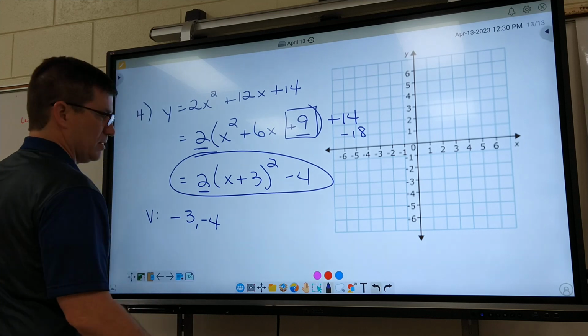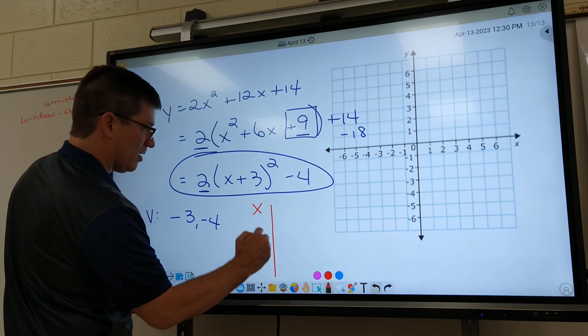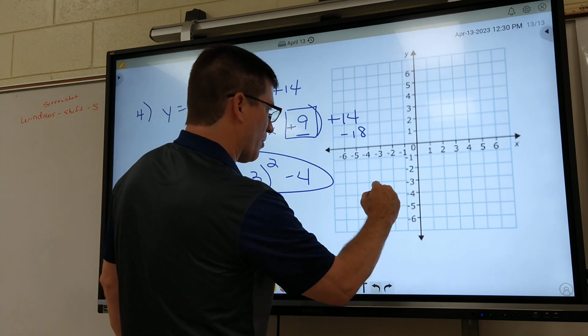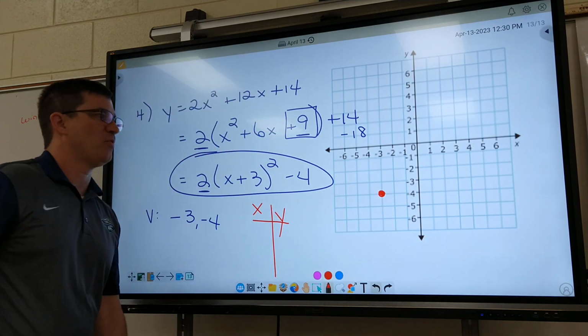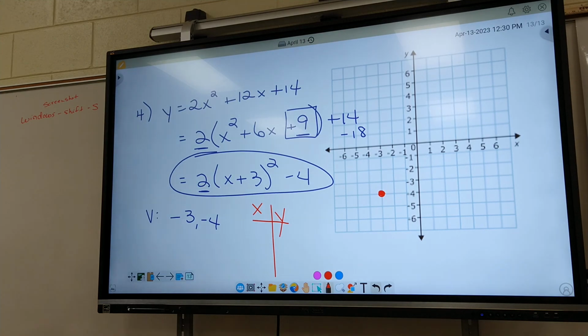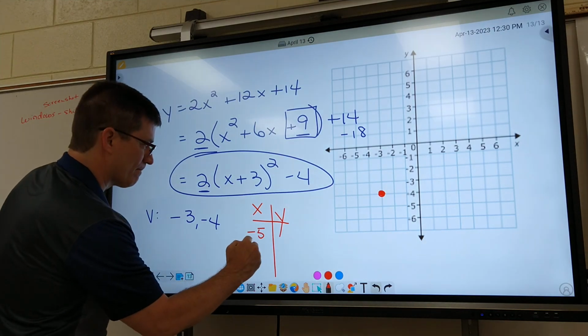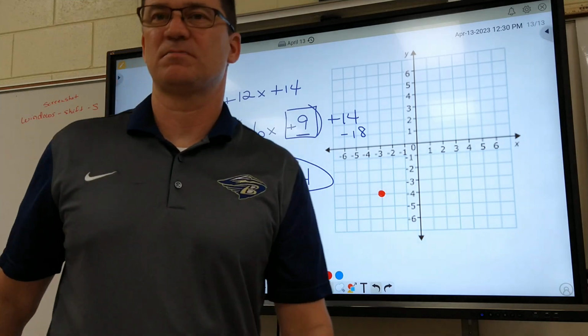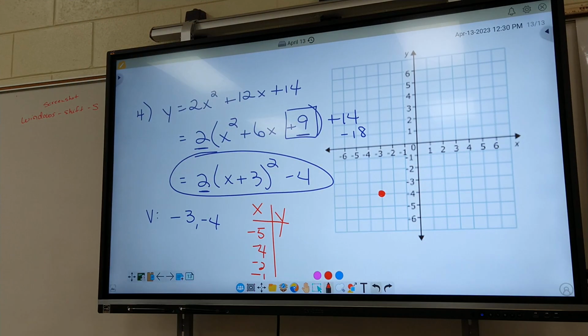All right, so let's plug in our 4 points now. All right, Callie, give me 4 points. But first, let me graph -3 and -4. I'm right here. So Callie, which points do I need to plug in? -5, -4, and -2, -1. All right, y'all plug in those. We'll see if it works. Like use the 2. Yes, you got to use the